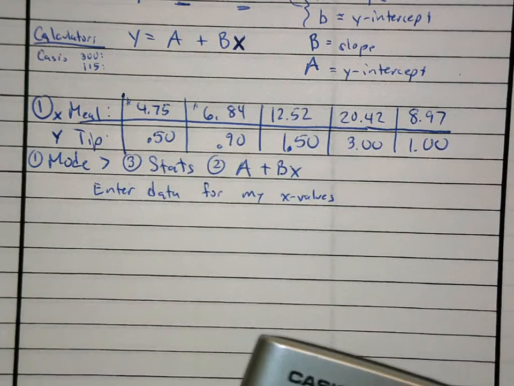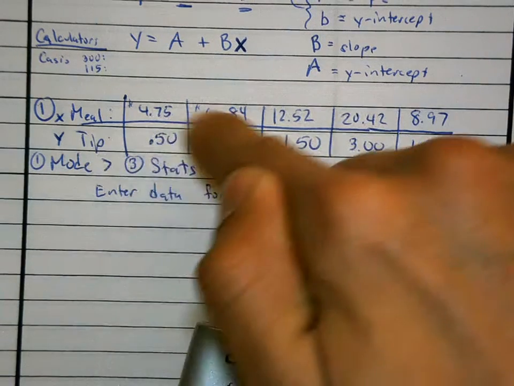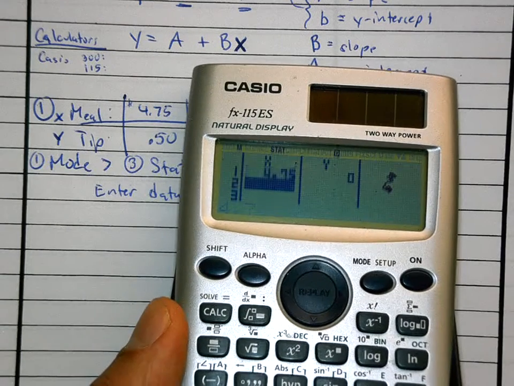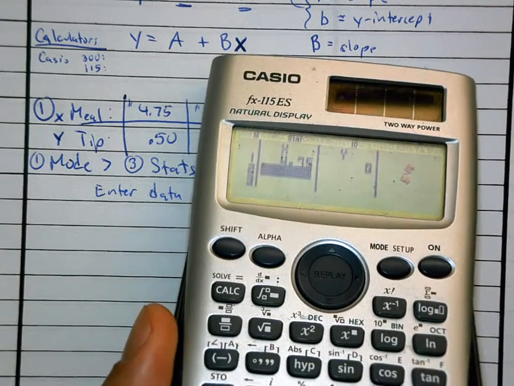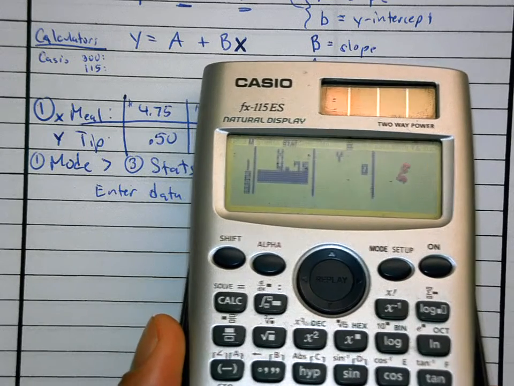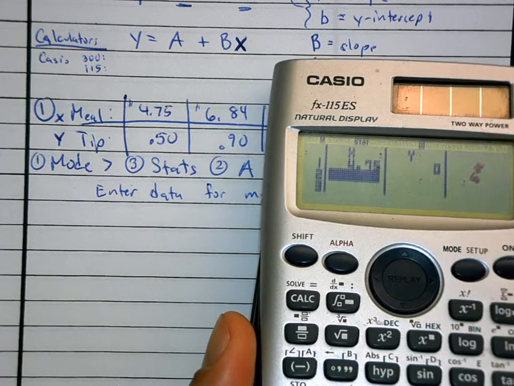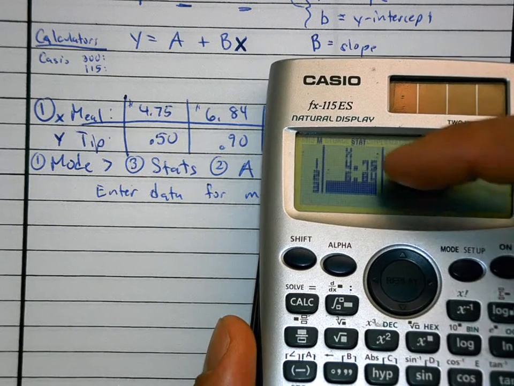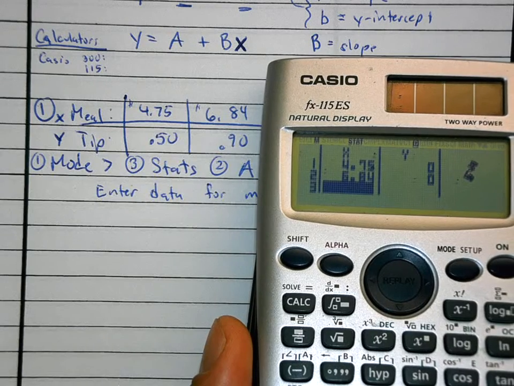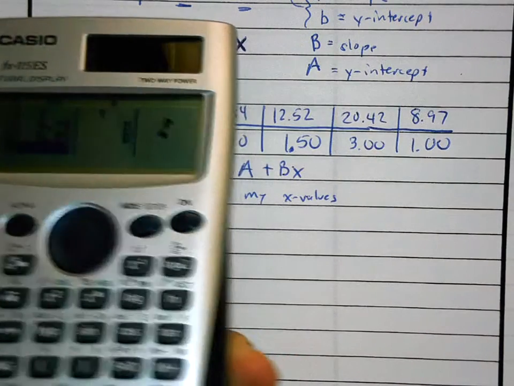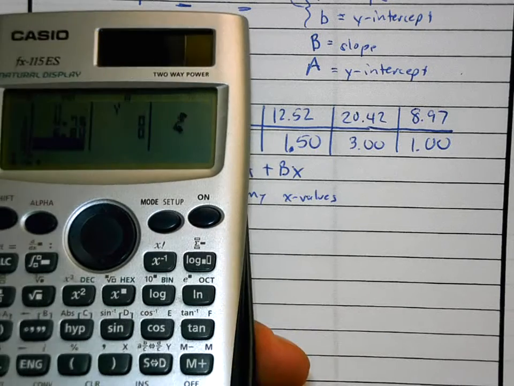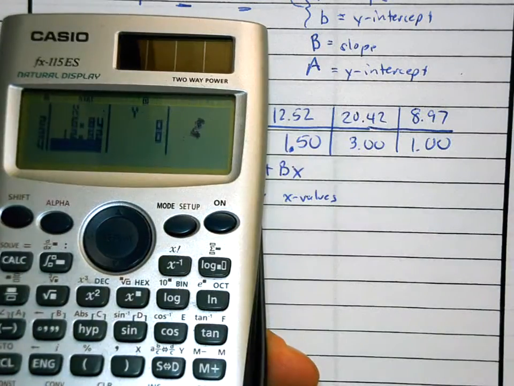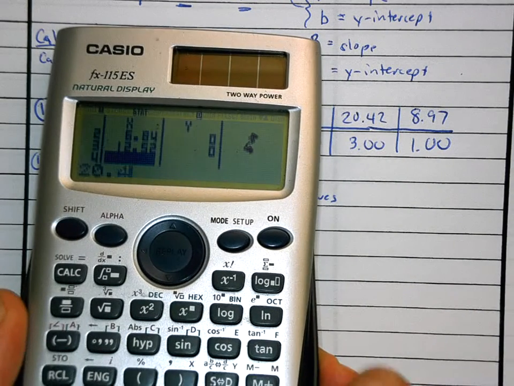I'm going to punch in 4.75. Enter. Let me make sure you can see that. 4.75. You see how that's entered in there? The next number I'm going to punch in is what number? 6.84. Enter. There's my first one. There's my second one. Once I push 12.52, I press the equals button, and then it enters it in. Then I have to punch in 20.42, enter,